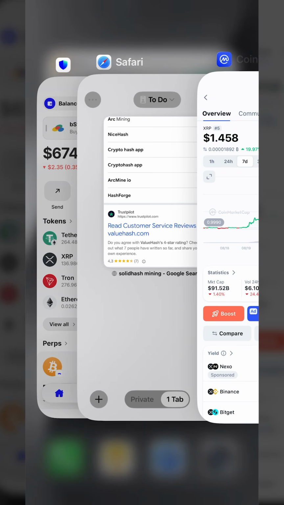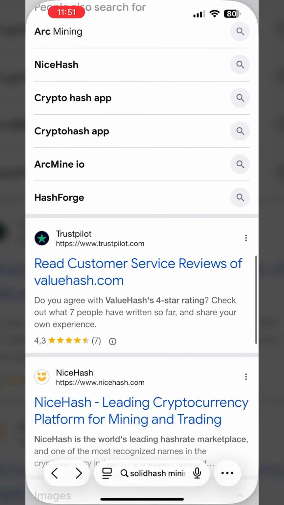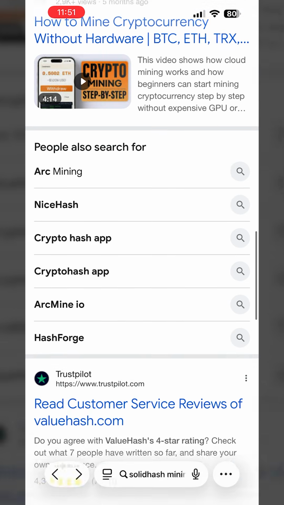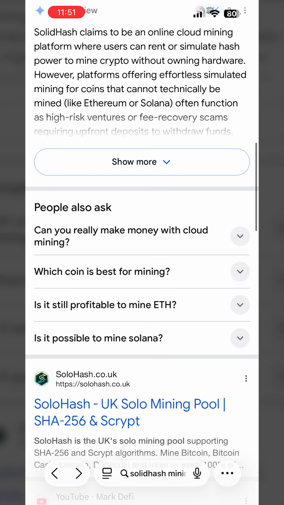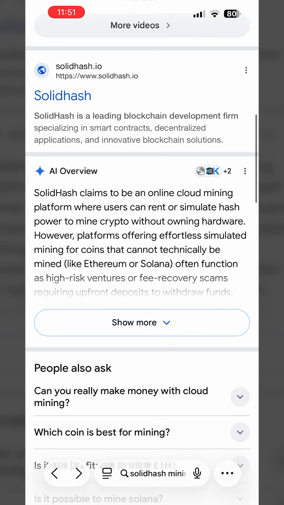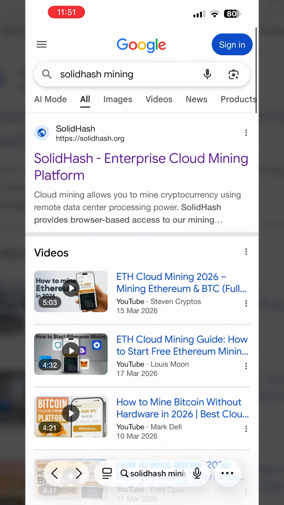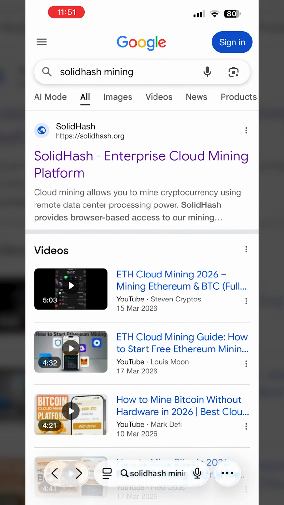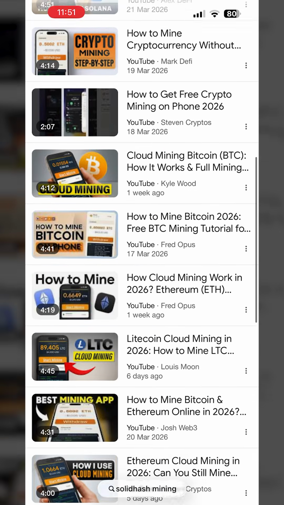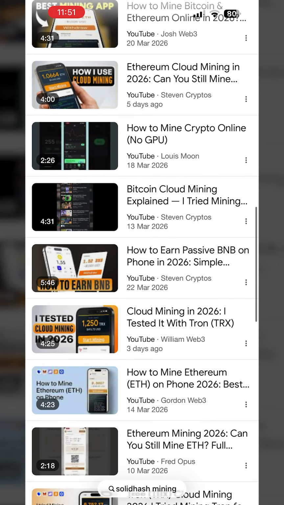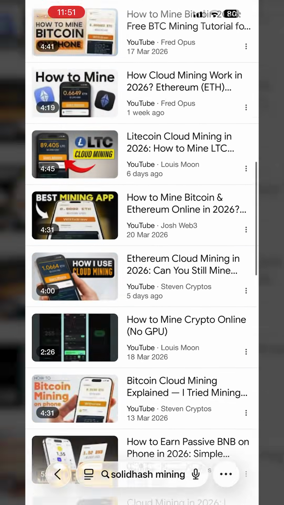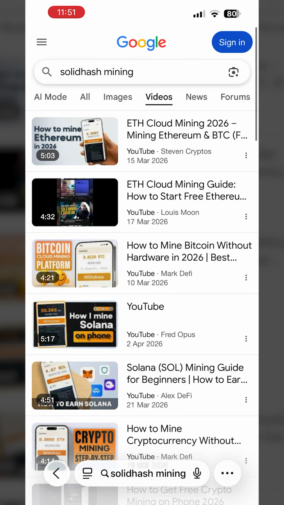So every time cloud mining comes up in conversation, people either have no idea what it is or they've watched some video that was basically just an ad and now have completely the wrong picture of how it works. And that gap between what's out there and what's actually useful, that's the reason this video exists. A few years of testing these platforms seriously, building a real sense of what's legitimate and what isn't, and today